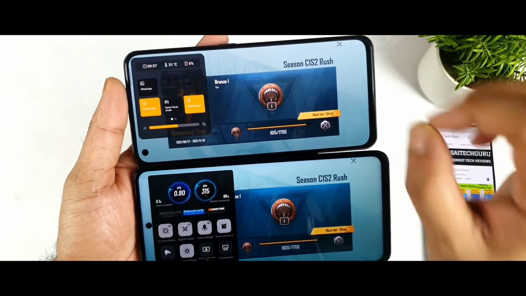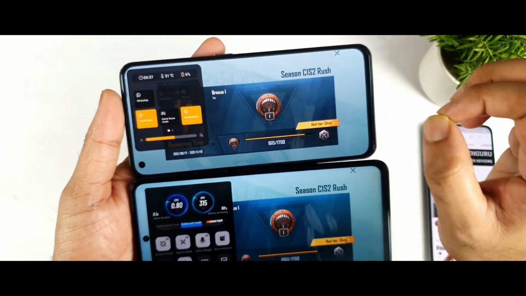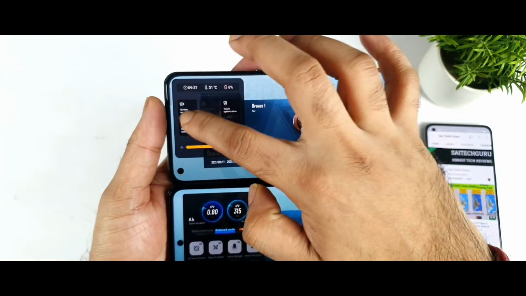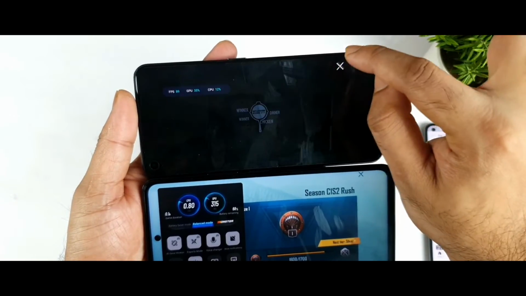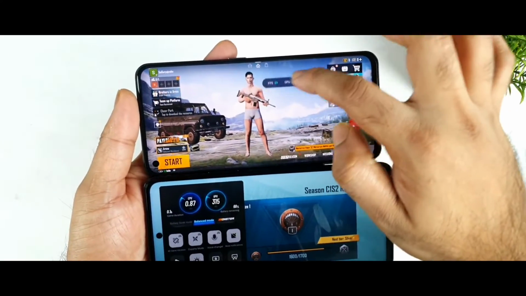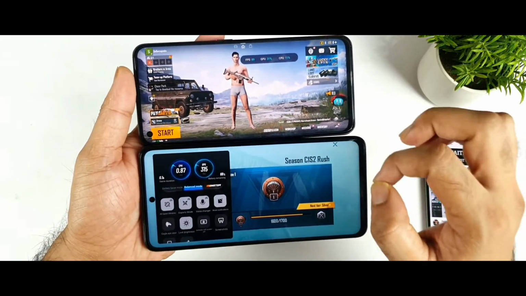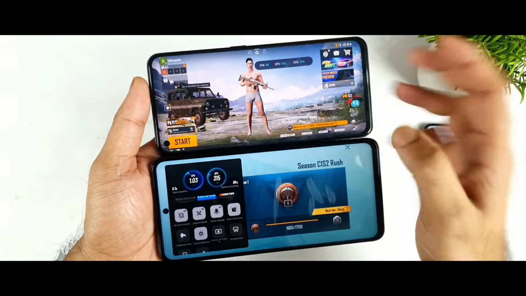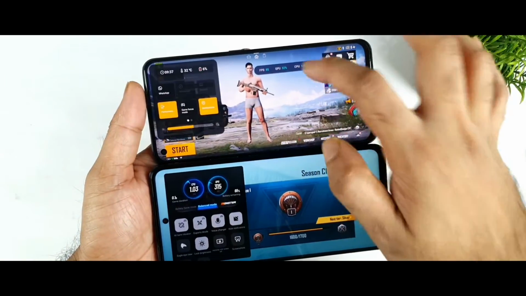First, you will be able to see the temperatures of the device. That's a pretty good thing. The second advantage which I liked is the real-time floating FPS meter. This is another best advantage which I feel in the Realme GT. As you can see, friends, a real-time floating FPS meter. FunTouch UI definitely needs to improve a lot in terms of enabling this real-time FPS meter. These are the two things which I did like: showing the real-time temperatures and statistics, and the FPS meter.